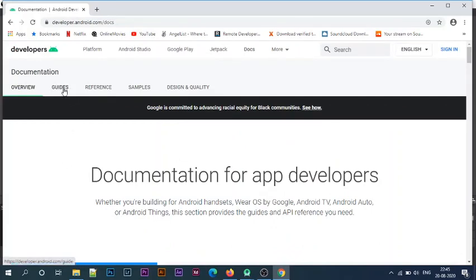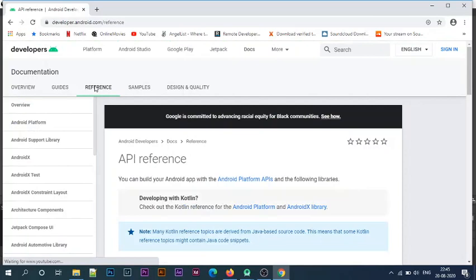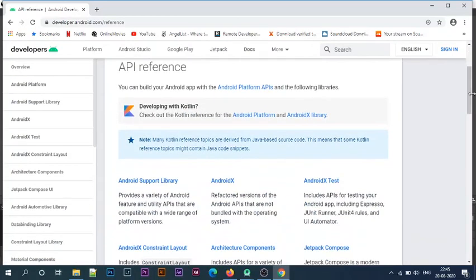Here you can find the API guides and, critically for Java developers, the references. The references take you to the Javadocs for the entire SDK.